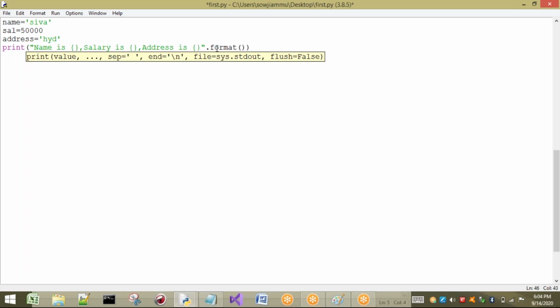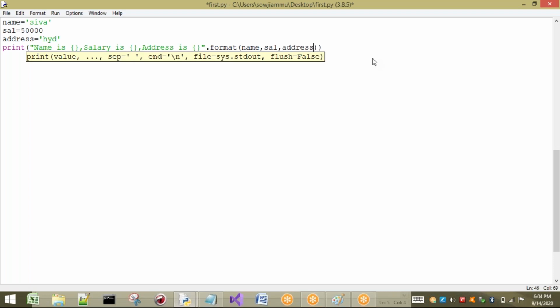You have to observe this. First bracket is for name, so I write name. Second bracket is for salary, which is stored in sal, so I write sal. Third bracket is for address, which is stored in a variable called address.